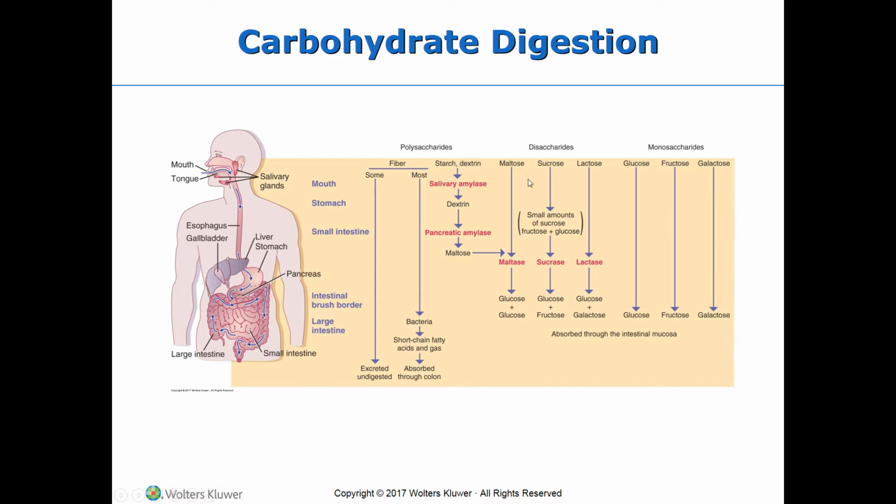Okay, so in the case of lactose, the sugar that is found in dairy products, or milk, the lactase enzyme will start breaking down this lactose into glucose and galactose. And then in the brush border or the apical side of the enterocytes, we have enzymes that are going to start breaking down these disaccharides into monosaccharides, and they start being brought into the circulation. So we have then the absorption of glucose, fructose, and galactose within these intestinal cells, and from there it goes into the circulatory system to be processed by the liver